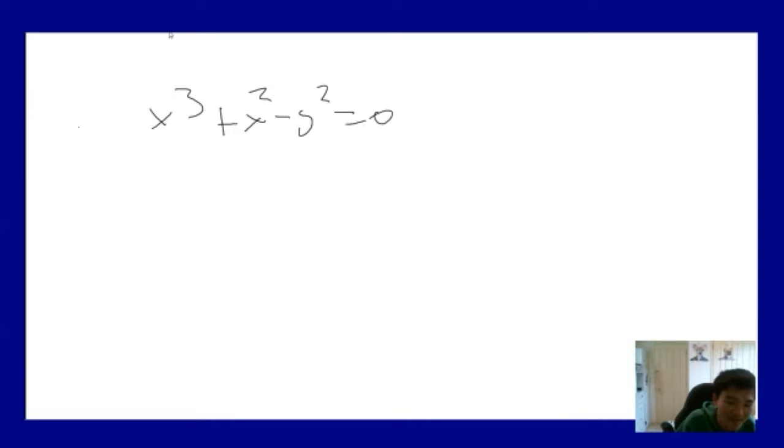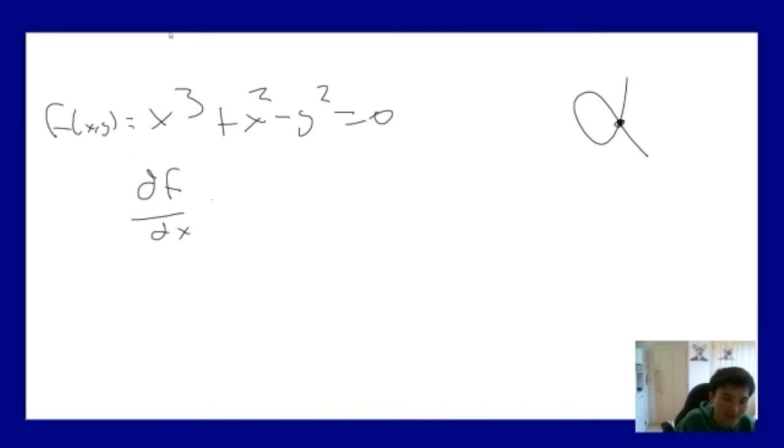So the next one I wanted to do was x cubed plus x squared minus y squared. Typo in the notes, it should be equal to 0. And this looks like this. And this point is the origin, and just eyeballing the curve, that obviously has a singularity, but to prove that, we just differentiate this. So if this was f of x comma y, along x we have 3x squared plus 2x, just basic calculus,